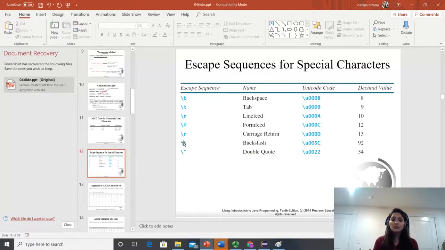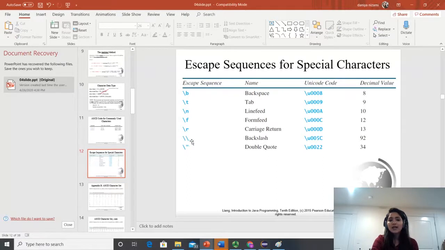So the best way is you put tab \t so that you know how many spaces are there. It's easier to count the spaces, because if you just put the space, it's not easier to count the space in programming. So we have \t for the tab, we have \b for the backspace, \n for new line, and double backslash is for printing a single backslash. So if you have two backslashes, it will print one backslash.